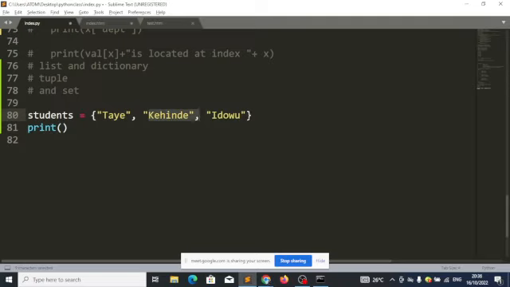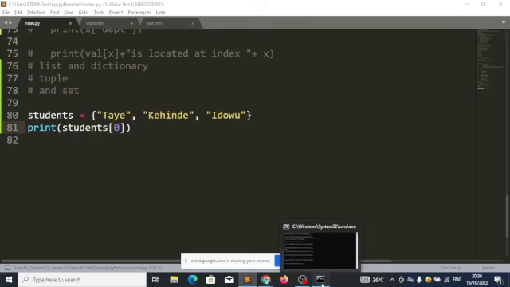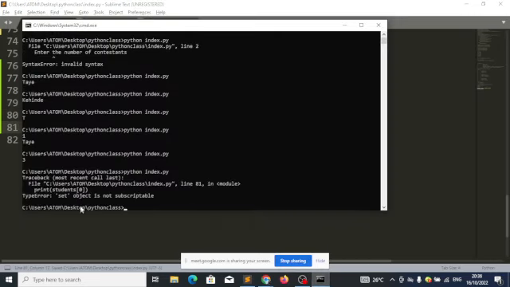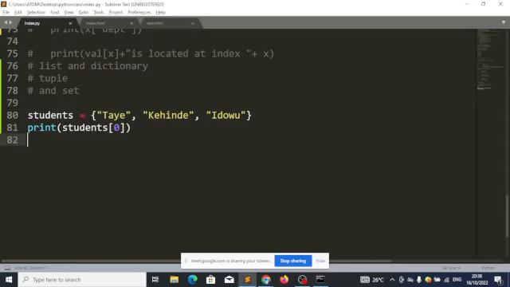Do we understand? Let's say students, index 0. Okay, it's not even allowing us to do that. But one thing we have to know about set is that it arranges them at random, not in this order. The fact that this is there does not mean that it is at index 0. So if I want to check if Kehinde is there, I can just say